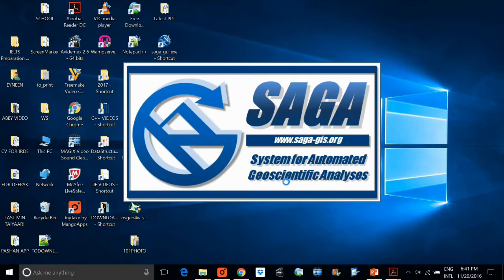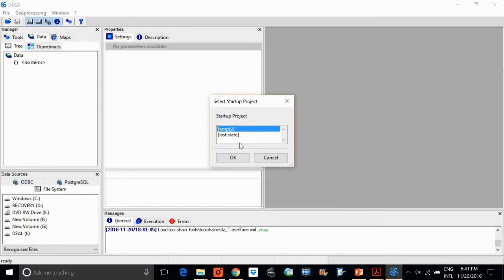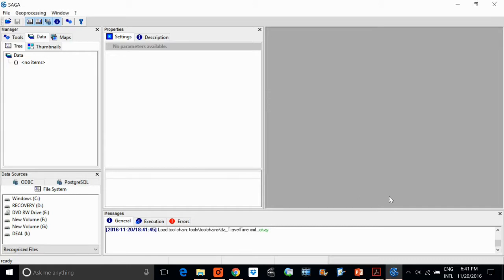So today's objective is to learn about the construction and use of image filters, and the prerequisite is, again, Saga should be installed and student must have done the previous exercises. Familiarity of basic operation of Saga is preferable. Let me introduce you with this. First, make an empty project.